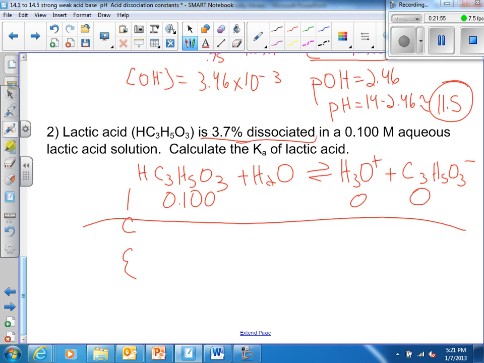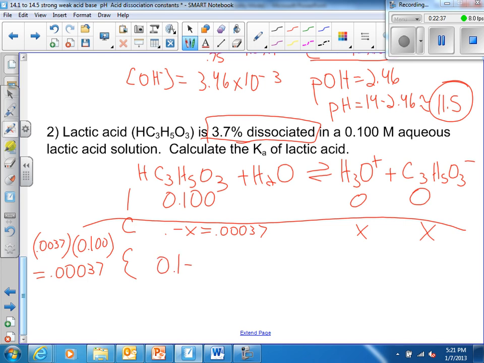Now, the change, if I tell you the percent dissociation, I've told you X. I've told you that 3.7%, which is 0.0037, of 0.100 dissociated. That's how much dissociated. It's how much reacted. So that is just 0.00037. That is how much, 3.7% of this 0.1 dissociated. So the change minus X, X, X, is equal to